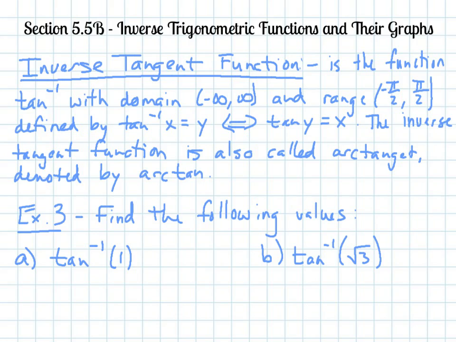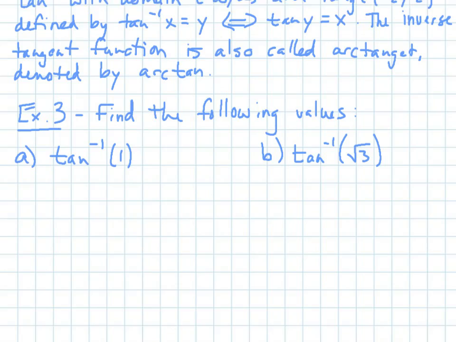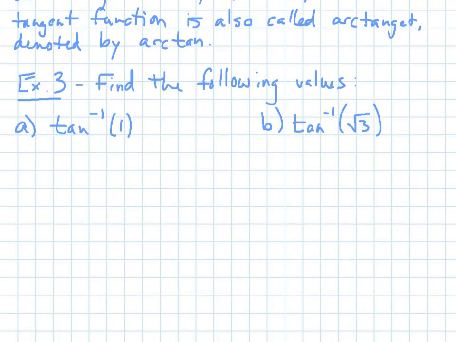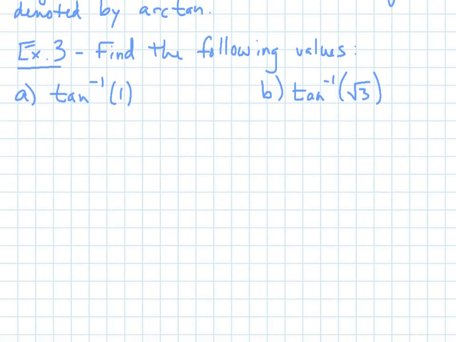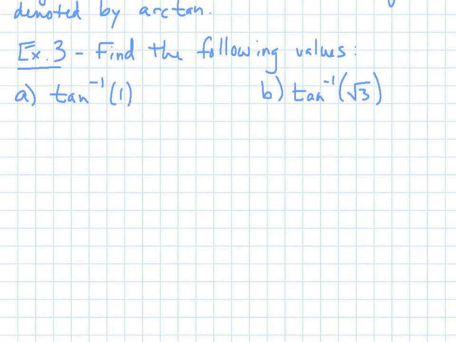So example 3, here we want to be able to find the following values. Now remember, for tangent I need to do a little bit more manipulating to help me find what I want, because it's not just a ratio on the unit circle, it's two ratios divided by each other. Remember, it's sine divided by cosine. Okay? So first you want to remember that